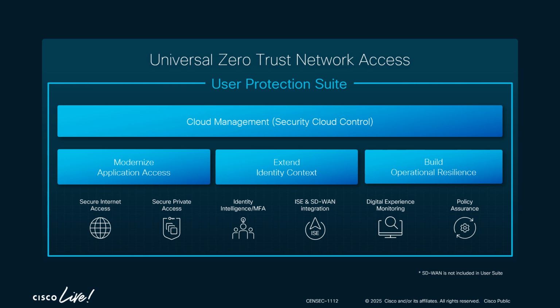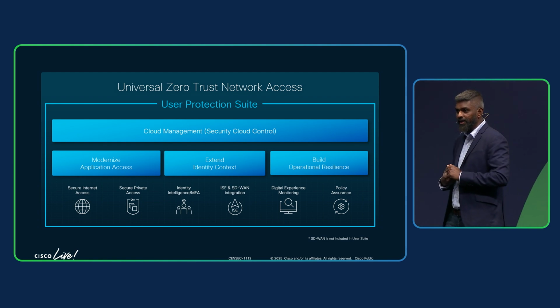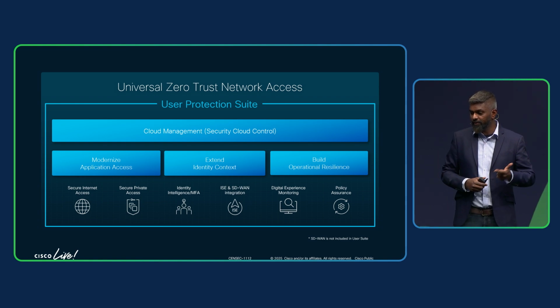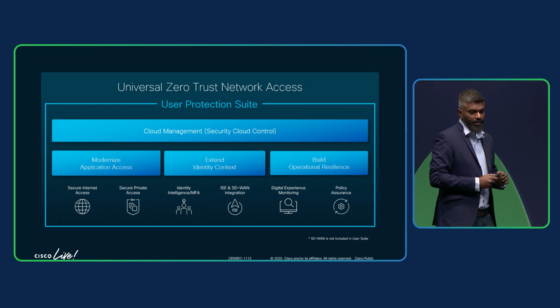The last piece is about how we want to build some operational resilience. Because we now have a distributed environment, we are looking at how we enforce, one, end-to-end visibility, and second, how we ensure that when an operator pushes a policy, it is making the right change. So those are the pillars we want you to think about. And all of these can be delivered with our zero trust network access solution that we're offering.